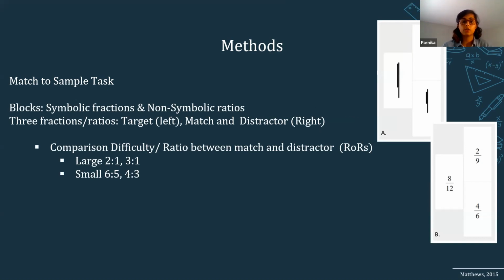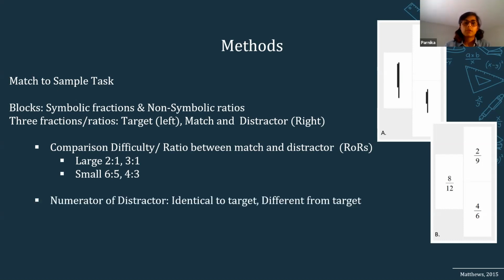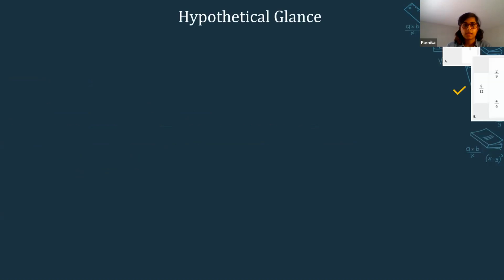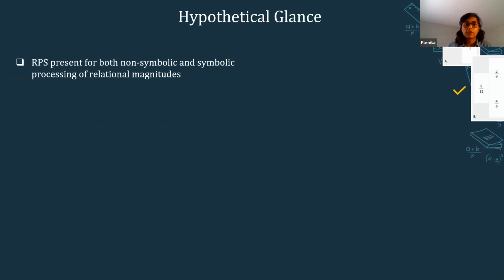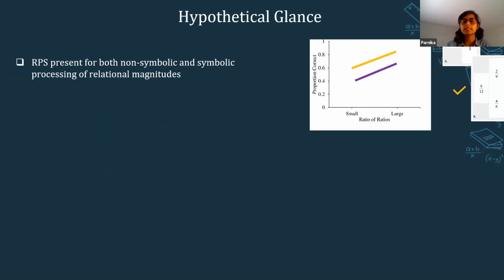So half of the trials had a large ratio between the match and the distractor, making it easier for the participants. And the other half had a small ratio between the match and the distractor. The numerator of the distractor was also either identical to the target or different from the target to control for componential processing skills. And so hypothetically, if RPS does underlie both non-symbolic and symbolic processing, we would see a graph something similar to this,